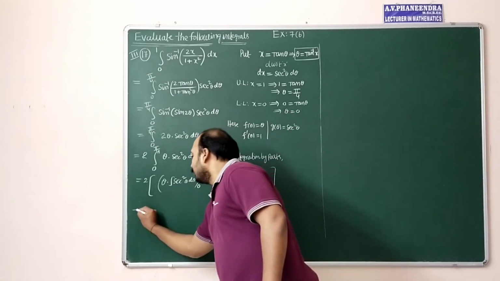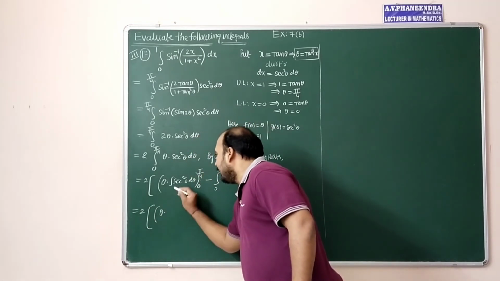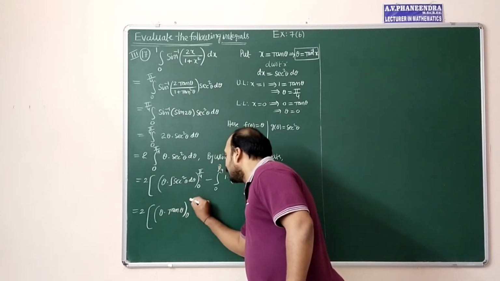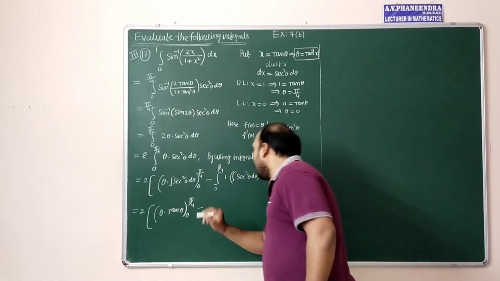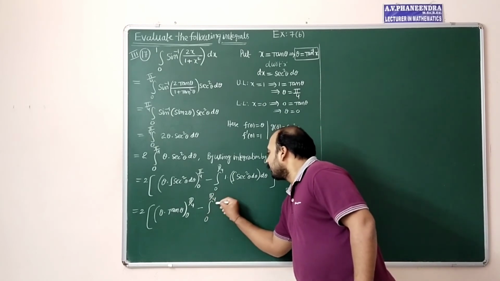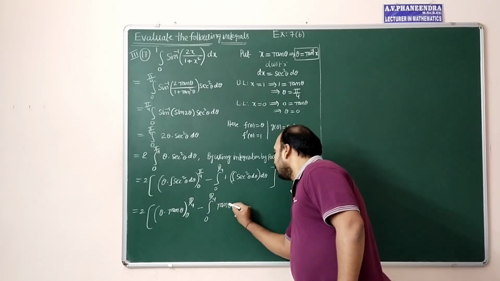Now 2 into theta into integral secant square theta is tan theta. Now applying the limit 0 to pi by 4 minus integral 0 to pi by 4 integral secant square theta is tan theta into d theta,